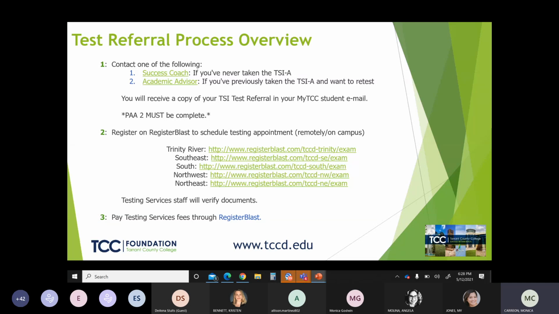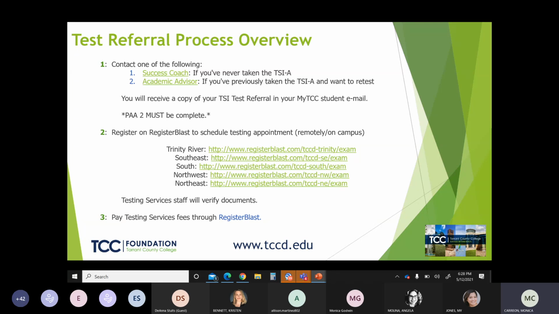And once you register on Register Blast, we will verify your documents. We'll make sure that you have all of your I's dotted and your T's crossed and everything is in place. And then we'll direct you further from there. Now, if you choose to register for a remote test, just please keep in mind it takes about 24 to 48 hours for a voucher to generate.